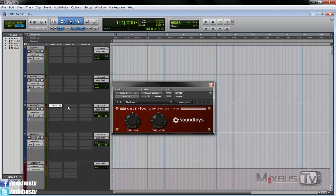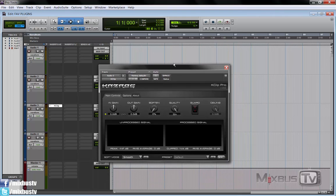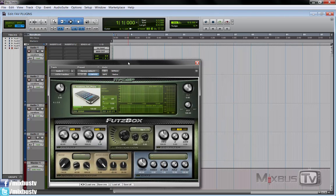K-Clip is my favorite clipper. It ends up in the harmonic category too. We have not one but 2 reviews on the channel on this one, so no need to add anything for it. But one of my overall favorites for anything distorted, filtered, unconventional, lo-fi, would be the Mac DSP